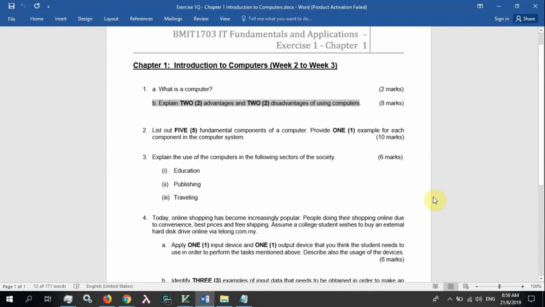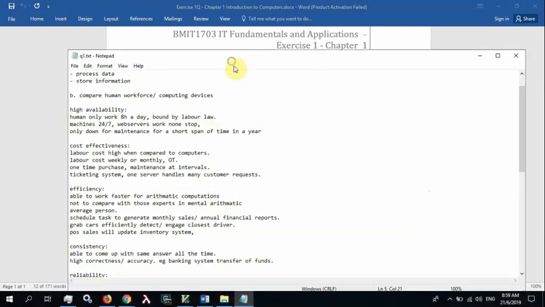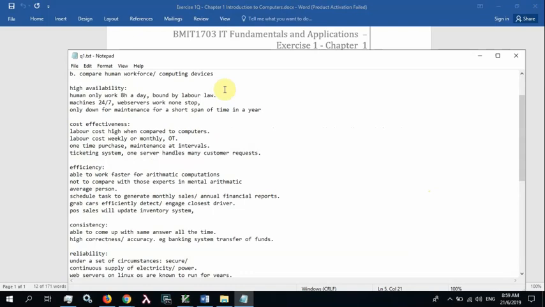Next, let's talk about the advantages and disadvantages of using computers. So, with computers, you can always stand from a perspective of comparing human workforce and machines, computing devices. With computing devices, with computers, high availability is definitely one striking advantage because machines can work around the clock